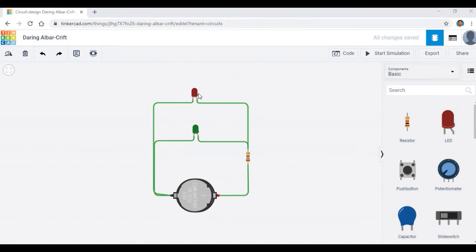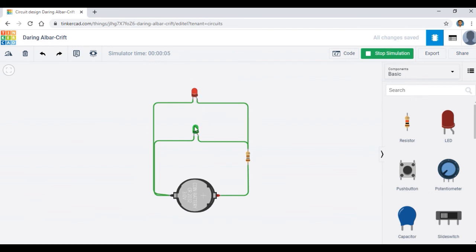Here we arranged two LEDs in parallel manner with a coin battery, and a resistor is used for avoiding the excess voltage. And now I am going to start the simulation. By clicking this button, the simulation will start, and here the simulator time is running.